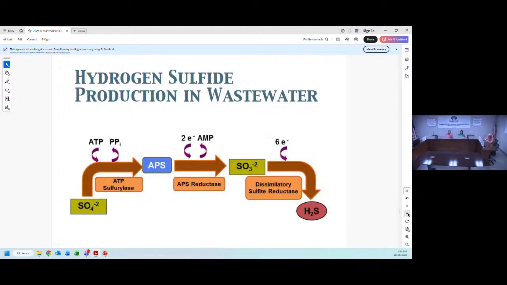Next slide. And that's basically just what the general biochemical pathway for how sulfate reduction occurs. Specifically, this is what I believe it's from bacteria called Desulfovibrio vulgaris, which is the best characterized sulfate-reducing bacteria. So the sulfate is absorbed into the bacterial cell, and has to be converted first because